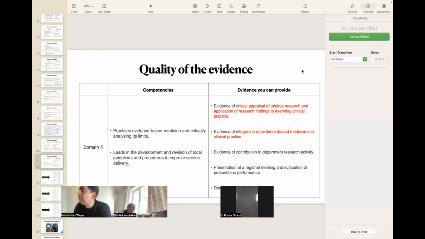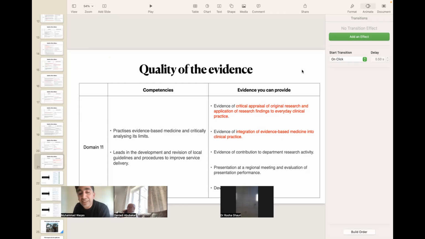So other examples could be, for example, you have resuscitated a sick neonate in the theater or wherever, and you have done endotracheal intubation, and you have done a UVC, and then you started a patient on a ventilator, and then you talk to the parents. So for the same patient, you have done a lot of things. You can use a DOPS of ETT, you can use a DOPS of UVC, you can use a communication letter or a log for talking to patients, or end of life care or whatever, or withdrawing resuscitation.